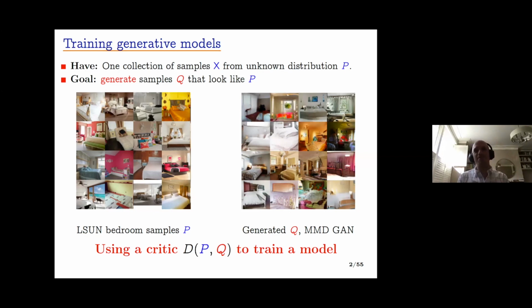So these critic functions are going to be the focus of my talk. But we're going to see at some point in the talk also that the critic functions can actually enter into the generative model and help it out. So that's something that I'll be covering.